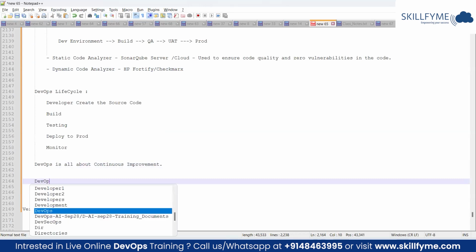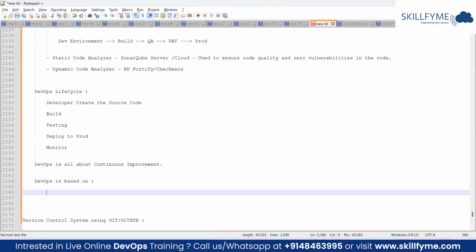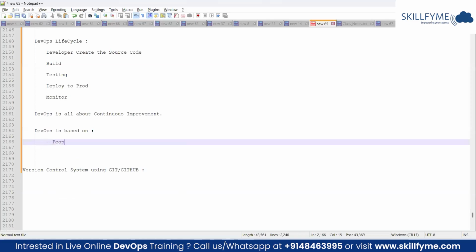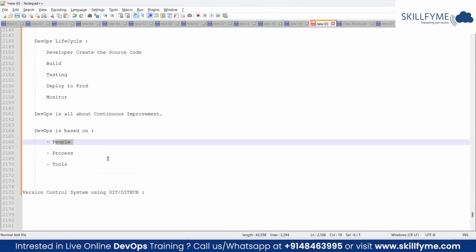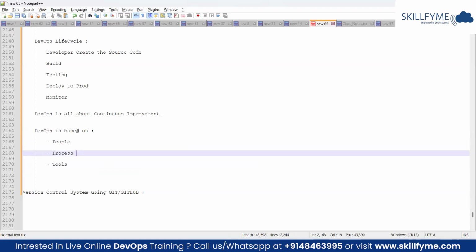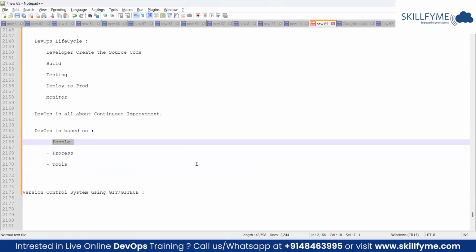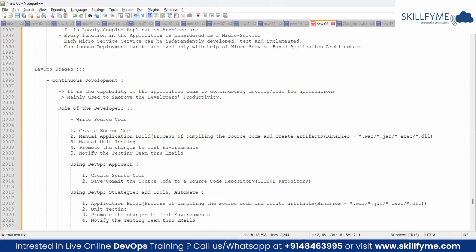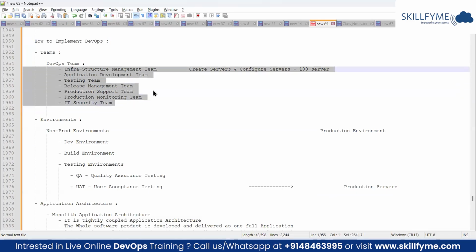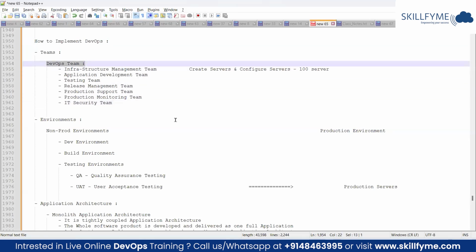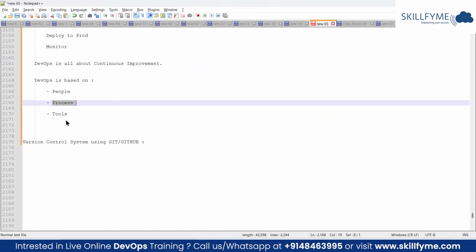Ultimately DevOps is based on 3 important entities: people, process, and tools. People are the very first and foremost important entity here. If you want to implement DevOps, people are the first key for implementation. That is the reason, as part of implementation, I identified the teams first, because these are the people who are actually going to support the implementation. If you're not getting any support from these people as a DevOps team, you cannot achieve anything here. Based upon the discussions with the team and their inputs, we define the DevOps process and DevOps strategies.